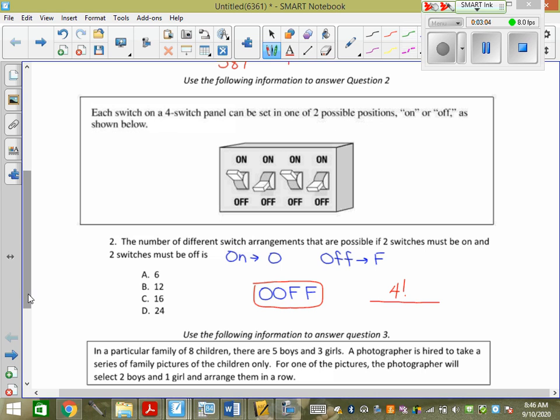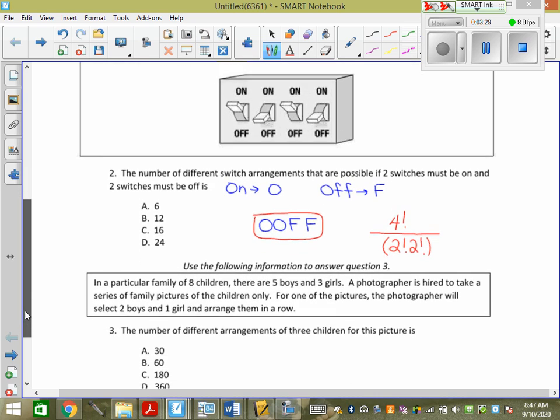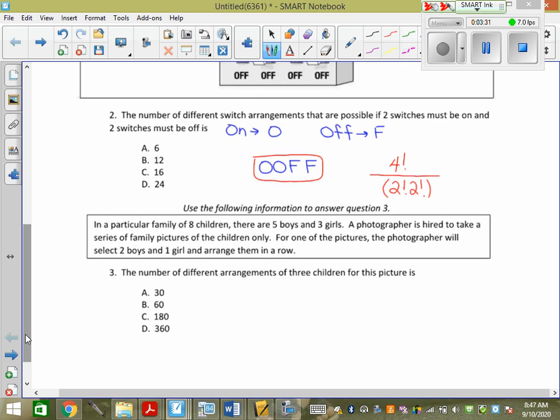And then on the bottom, what do we have to have? Don't all talk at once. 2 factorial, 2 factorial. Why? Why, Alex? Because there's 2 O's and 2 F's. Exactly. So we have 24 divided by 4, and I'm going to let you figure out what that is mathematically. It's 6, maybe, possibly. I think it might be right. I don't know. It's your hand in. I'll let you figure it out.